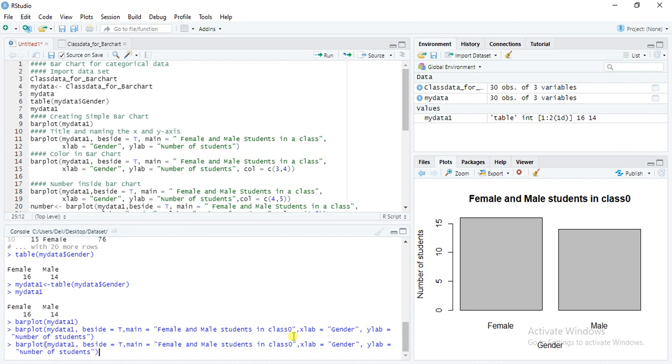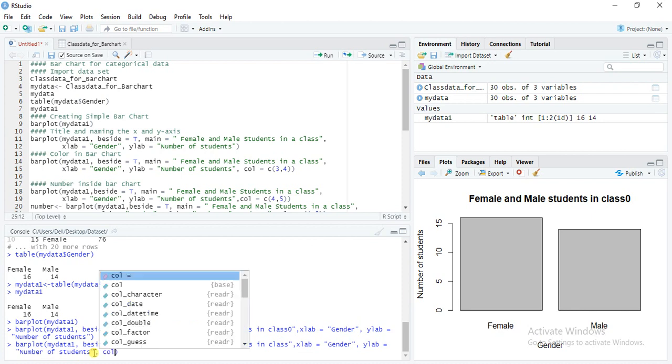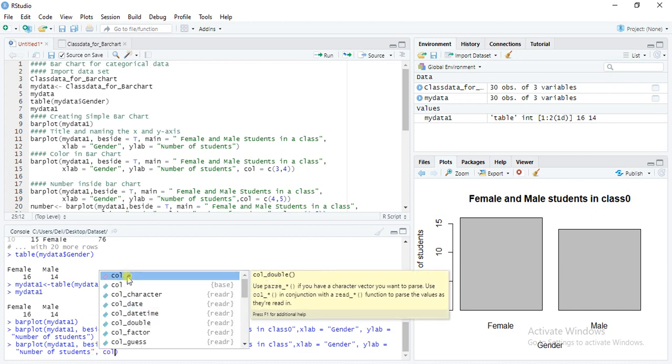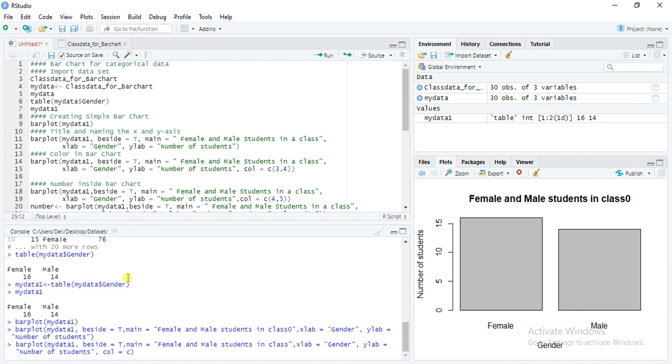So I will write this script again. I will correct it here, and then we want to give the color scheme: comma, col equal to c(3, 4).